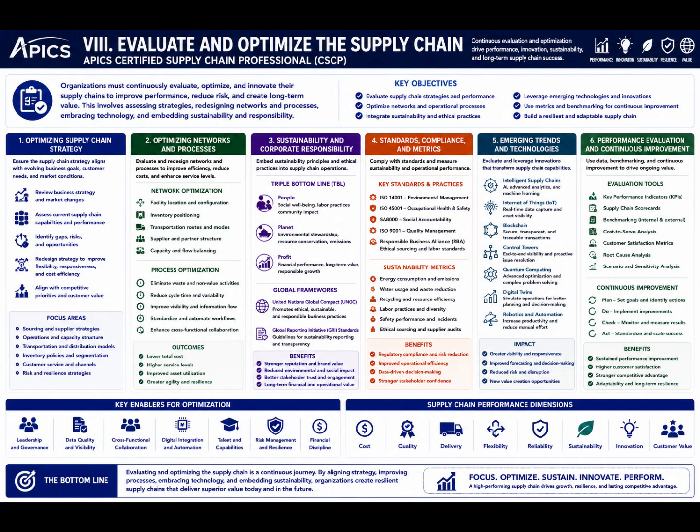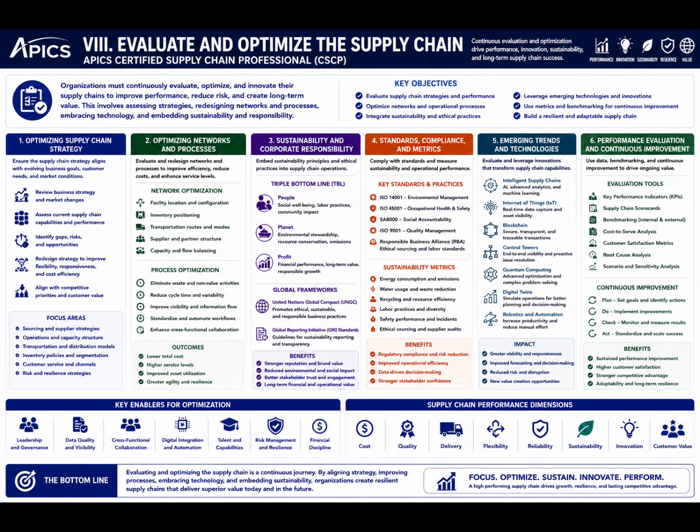Sustainable supply chains help organizations improve reputation, reduce waste, and support long-term environmental and social goals. The CSCP program further highlights the importance of complying with social, environmental, safety, and quality standards within supply chain operations. Organizations are encouraged to adopt certifications and accreditations that demonstrate commitment to responsible sourcing, worker safety, product quality, and environmental protection. Sustainability metrics are developed to measure performance related to energy use, emissions reduction, waste management, labor practices, and ethical